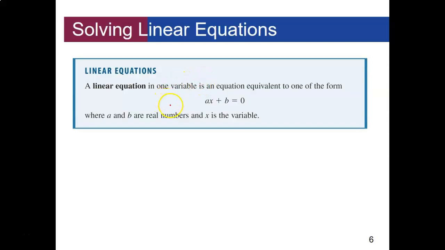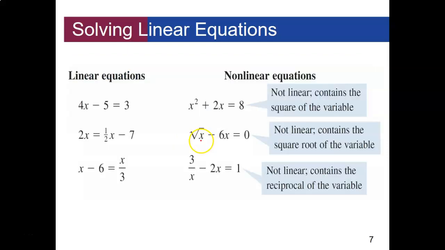Okay, so the first one we want to look at is linear equations. Linear equations have one variable, and it's of this form: ax plus b equals 0, and that's going to be our linear equation. So x has to be to the first power to be a linear equation. Okay, so if we look at all of these examples here, we have our x and we have it